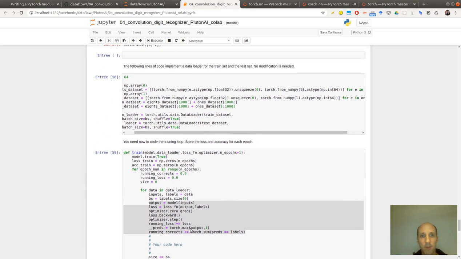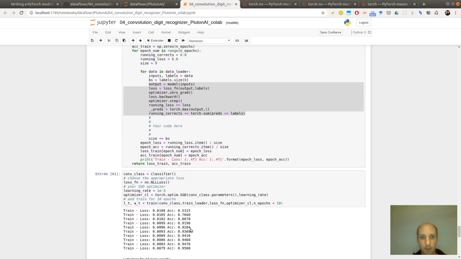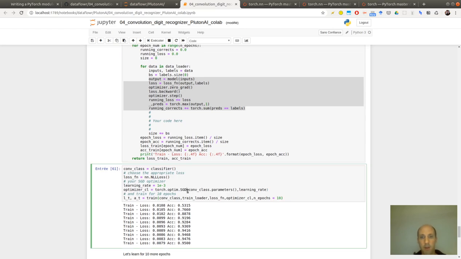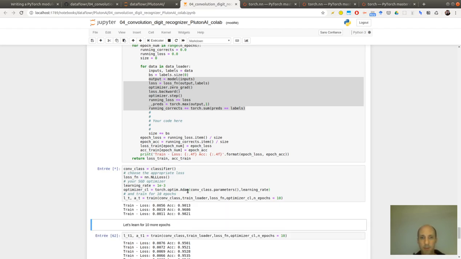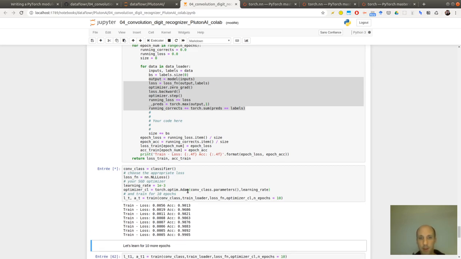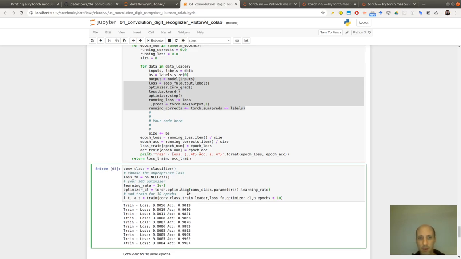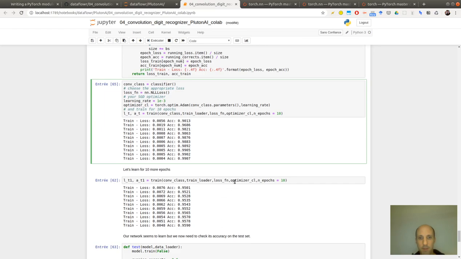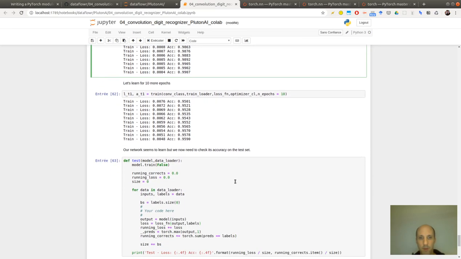Let's change the optimizer to Adam. So here, the only thing I need to do is this. For 10 epochs. Okay, you see it's working much better actually. We can probably stop here.